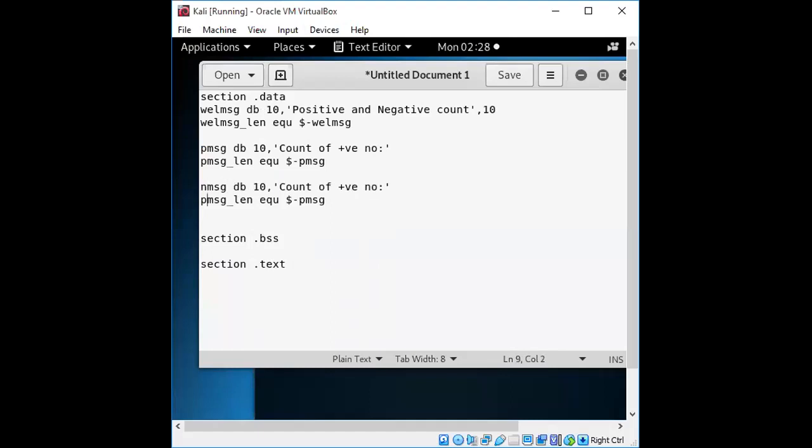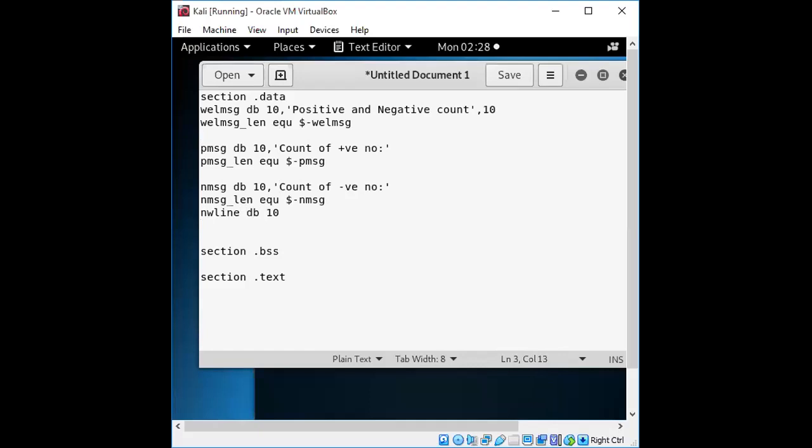The count of negative, right? So this is just a part for displaying something. At the output window, we get a new line after displaying this. For that also we'll take a new line with one more variable, passing only the value as a type. When I go for the execution, it starts with the positive and negative count and displays this.